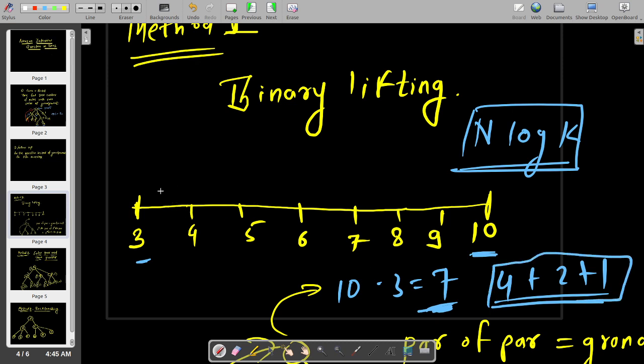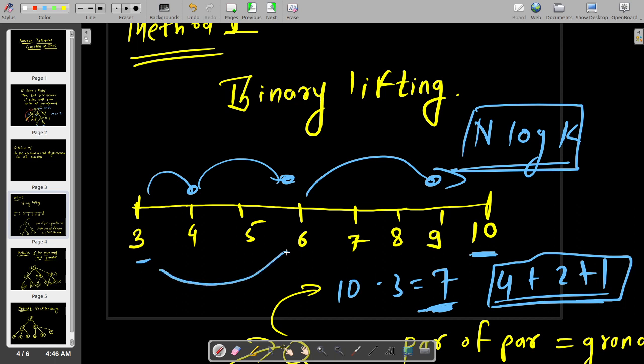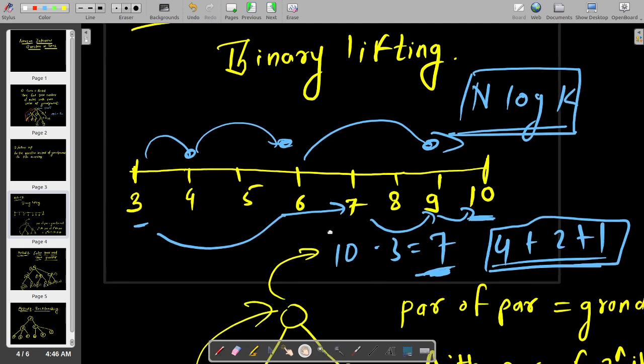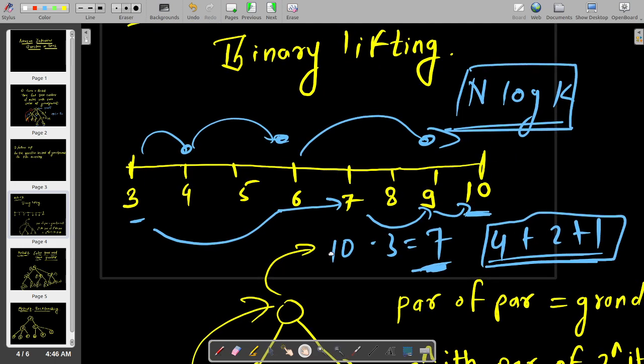Now we could jump similarly: 3 plus 1 is 4, 4 plus 2 is 6, and 6 plus 4 is 10. Or we could jump first 4: 3 plus 4 is 7, 7 plus 2 is 9, and 9 plus 1 is 10. Okay, so in this way, in at most log k jumps we could cover a difference of k.